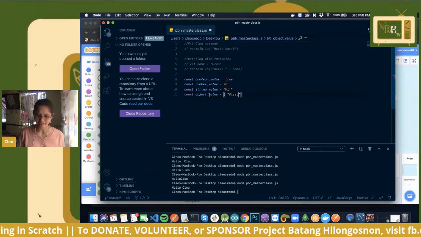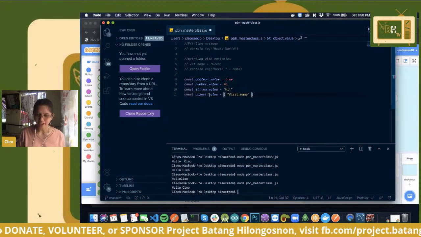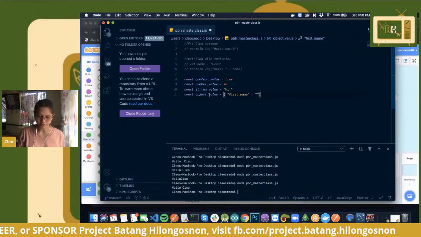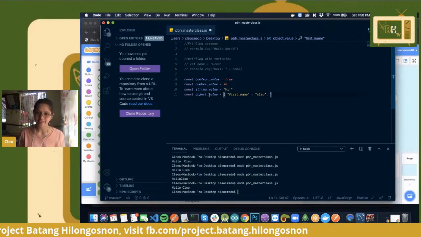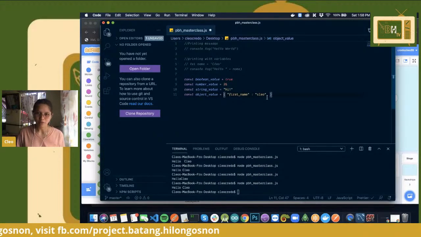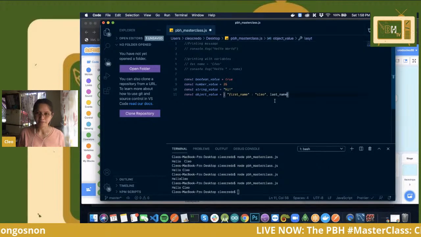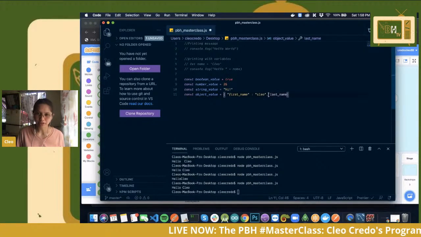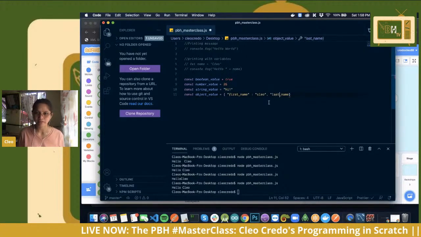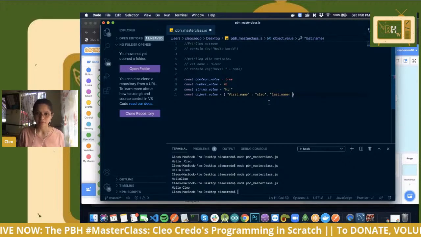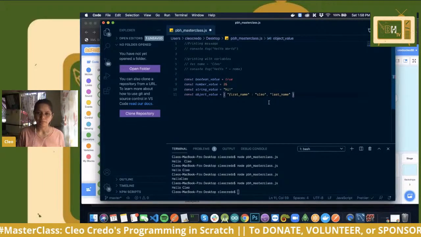So first underscore name and then the value. So Cleo, and then the next item in our object would be the last underscore name. I forgot to wrap it in double quotes. And then